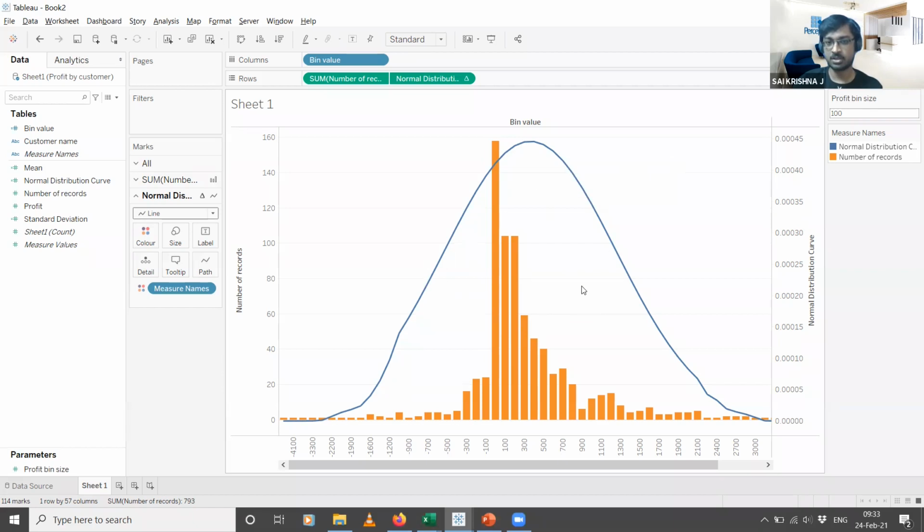The narrower this curve is, the more focused or the more closely located your data points are. If this curve is very wide, then it means your data points are all over the place. In a manufacturing scenario, instead of the marks, you would take your length or diameter or the weight, and then plot this normal distribution curve. If this curve is very wide, it means that your manufacturing process is not up to the mark. So that is one example that I can give you, used in the industry today.